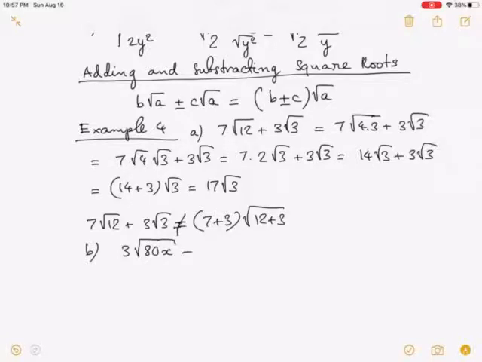Okay. 3 square root of 80x minus 4 square root of 45x. Now 80x and 45x, what is the common radical? You can see that it is 5x. So we write as 3 square root of